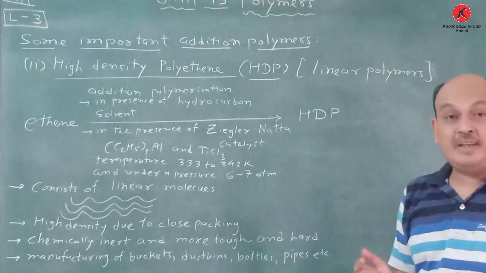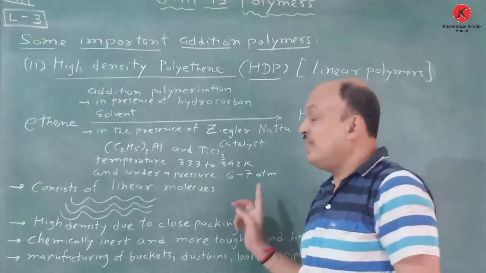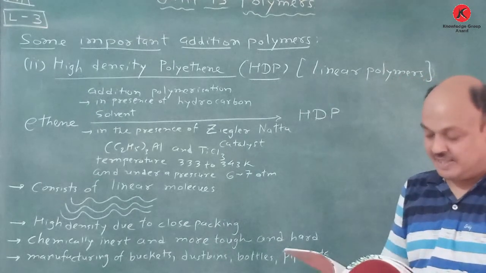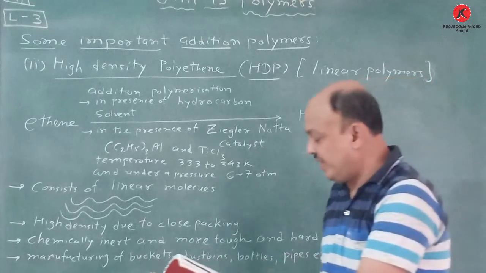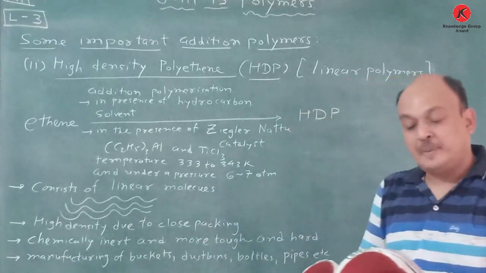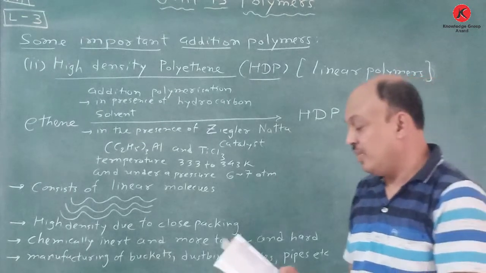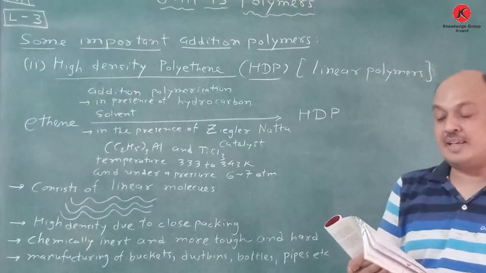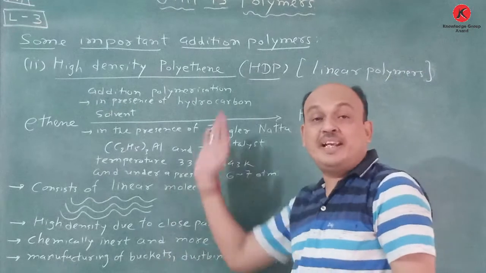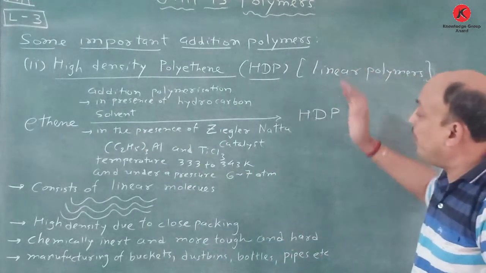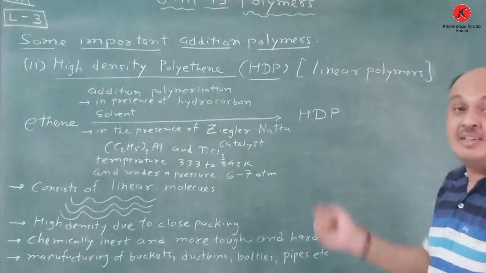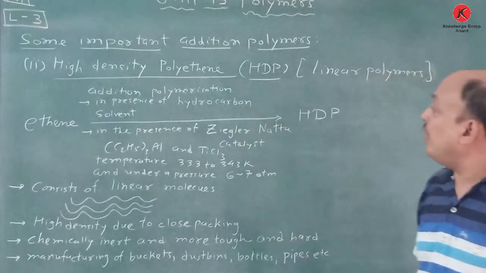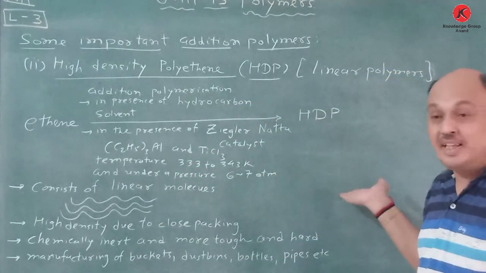But remember, in LDP some electrical conductivity takes place, so it is a poor conductor of electricity, hence it is used in the insulation of electricity carrying wires and manufacture of squeeze bottles, toys and flexible pipes. So write the difference between HDP and LDP. It's a very good topic, and you have to write it in a particular manner in terms of temperature, pressure, use and shape. Okay, so this is all about high density polyethylene and low density polyethylene.